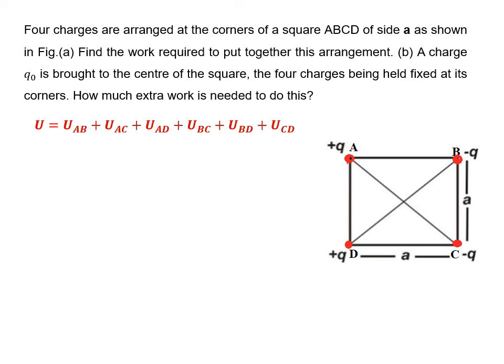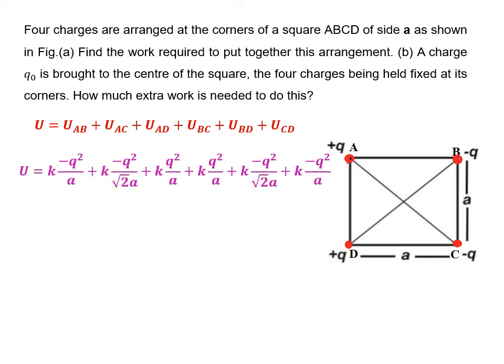Potential energy का फॉर्मूला पता है आपको, K Q1 Q2 upon R. Let us substitute. UAB, A पर चार्ज प्लस Q है, B पे माइनस Q है, तो क्या आ जाएगा, K माइनस Q स्क्वायर बाय a, क्योंकि साइड ऑफ द स्क्वायर a है। फिर जब हम AC लेंगे तो एक प्लस Q दूसरा माइनस Q, फिर से नेगेटिव आ जाएगा Q स्क्वायर, पर डिनोमिनेटर में अब क्या आ जाएगा, अब ये AC जो डिस्टेंस है ये डायगोनल ऑफ द स्क्वायर है, ये √2 a हो जाएगा।